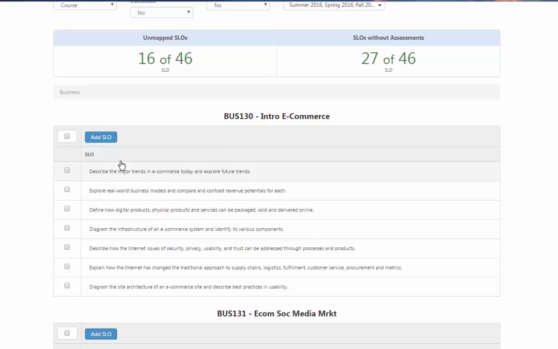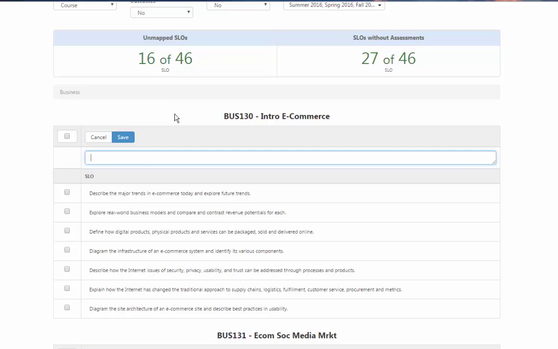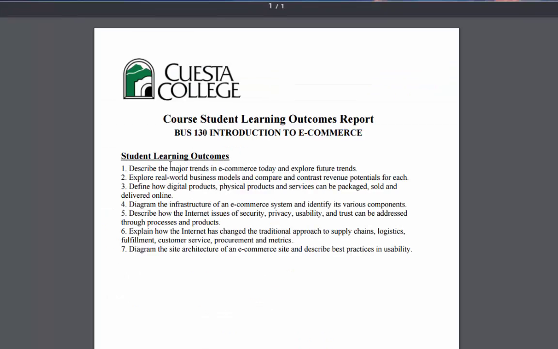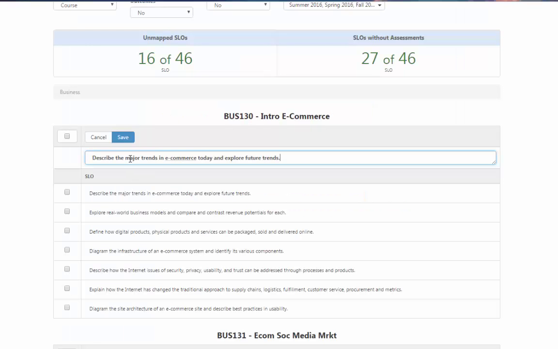To add a SLO, simply find the correct course and click on the blue button. Now here's a nice little copy and paste shortcut. If you have this open in another tab, you can simply highlight the terms, press Control-C to copy, hit Control-V, and now there's no discrepancy between the two. Hit Save,